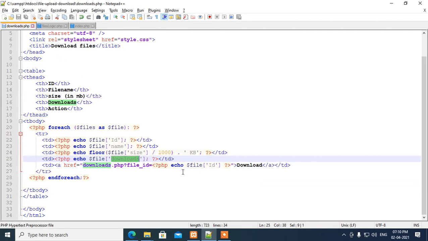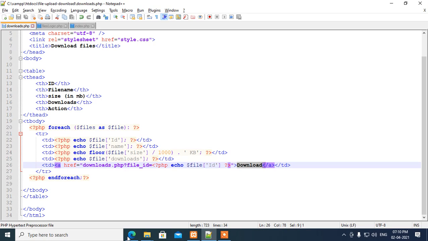Then after, if I click on download, it gets downloaded in the browser. How can it happen? For that, here I mention one id.